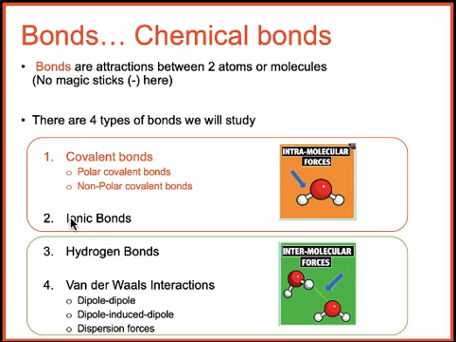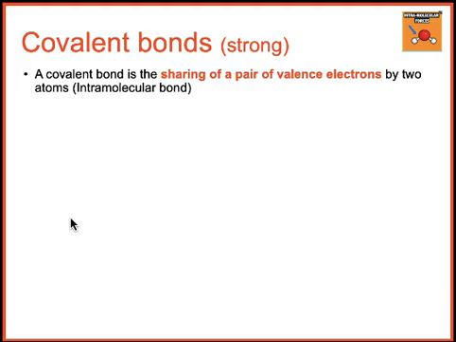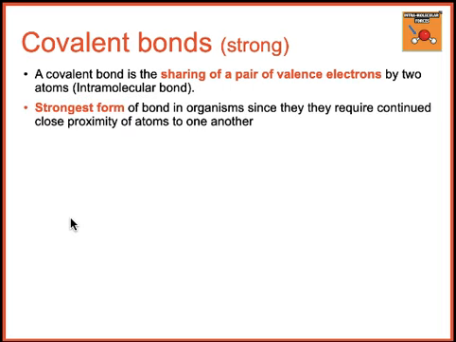So covalent bonds, we're going to start with those. What are covalent bonds? They are so strong, okay? A covalent bond is the sharing of a pair of valence electrons by two atoms. This is an intramolecular bond, as I said. It's the strongest form of bond in organisms since they require continued close proximity of atoms to one another,